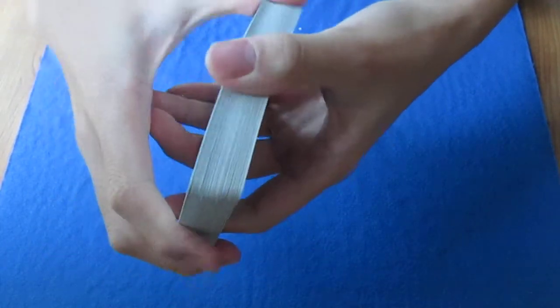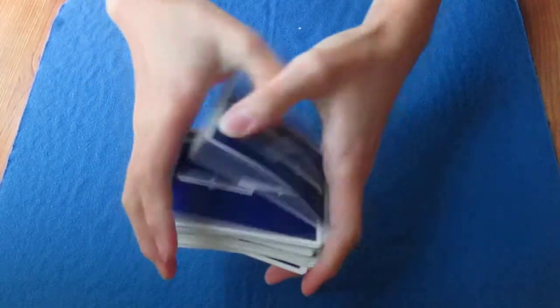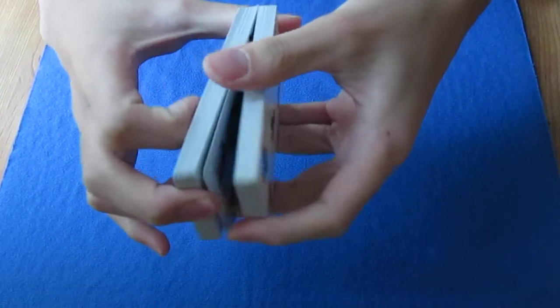And then fans, quite good, even though the finish starts to wear off quite fast with this deck, and it clumps really fast. Springs, really nice, and when you spring it in one direction, you can see the blue there. And then spreads on the table, ribbon spreads, all really nice, like a normal Rider Back, and it has a linen finish on them. And riffle shuffles, also really good, and the stiff stock makes it really good. And Pharaoh shuffles,